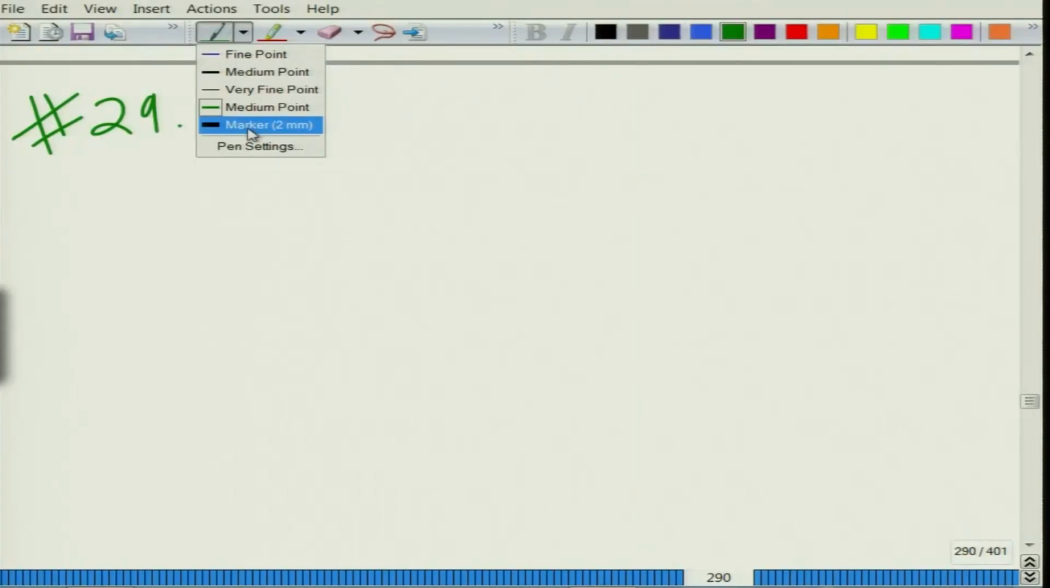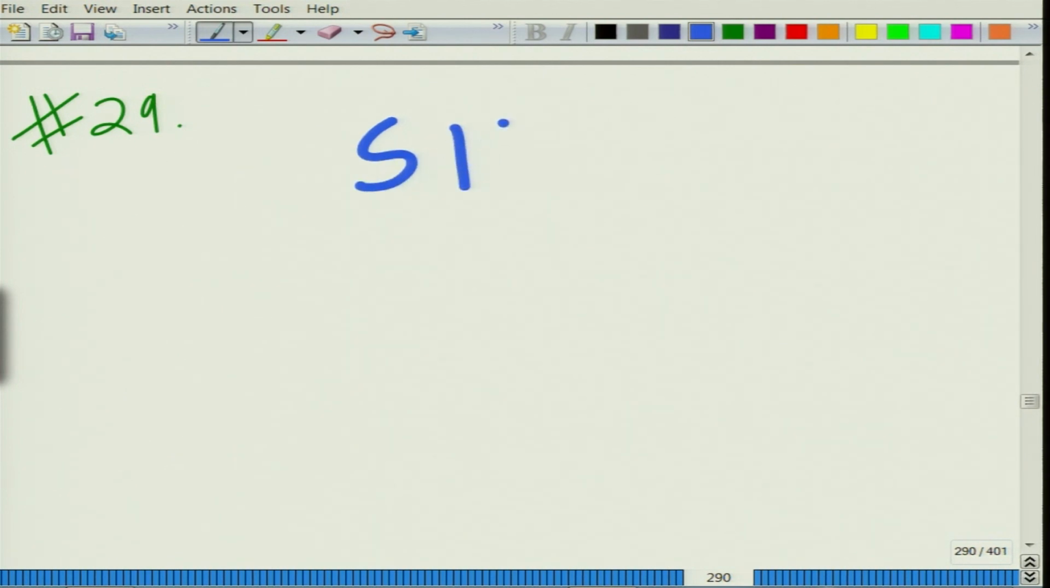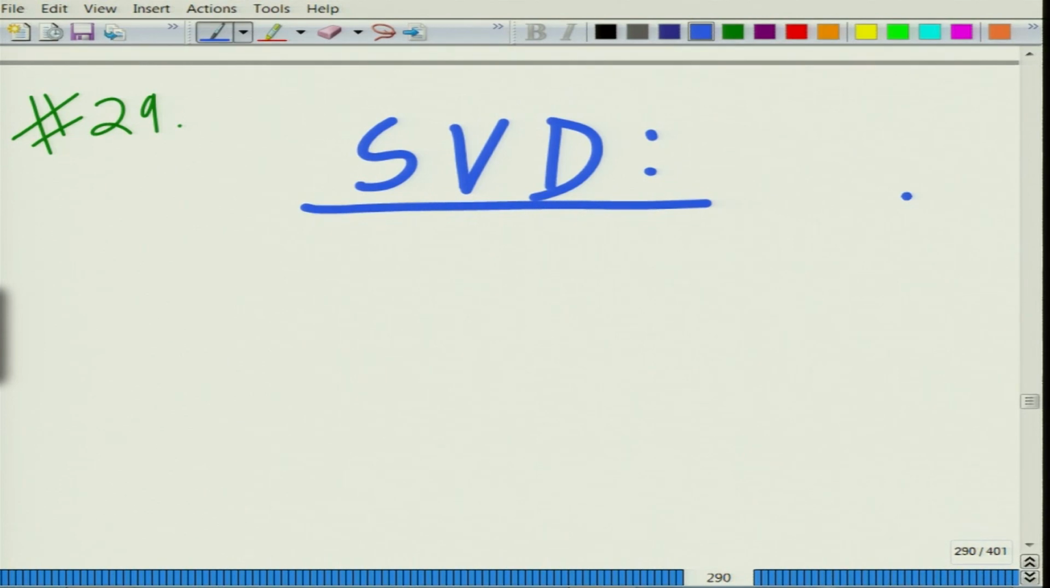So in this module, let us start looking at another very important concept, and that is related to decomposition of any matrix, and this is known as the singular value decomposition. All right. So in this module, let us start looking at a new and a very important concept, and that is of the SVD, which basically stands for